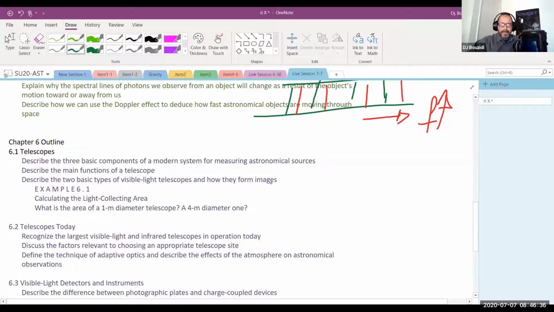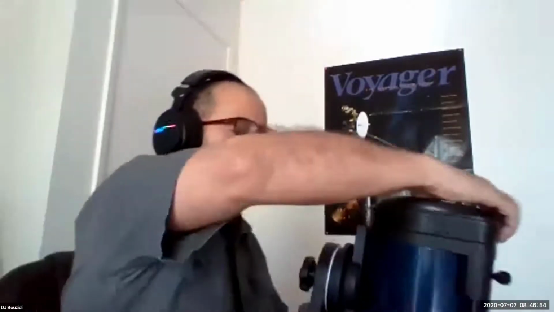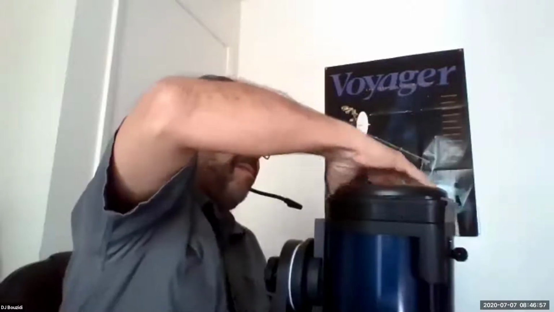Okay, one of the biggest things in this chapter is the area. So what matters really, so I'm going to stop sharing the screen so that I can go back into the view by itself. So this is what I mean by the area. I'm going to take the cover off, if I can find it, okay? In the bottom in there, that's really the area that we're talking about. This is a 5-inch telescope, which is a 130 millimeter telescope.